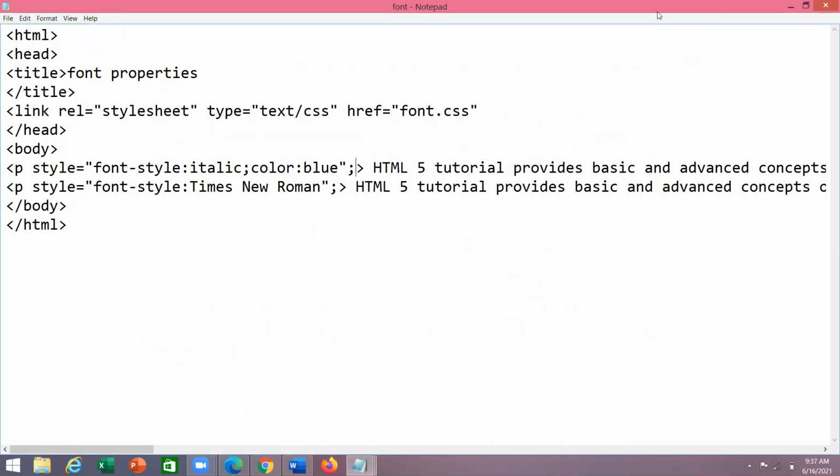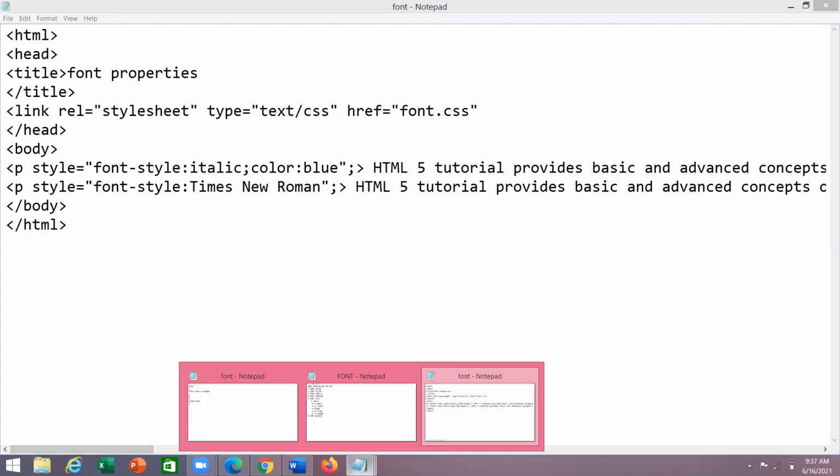Now I'm giving the inline. Inline means we can apply it to a particular tag. So I'm giving it to the first paragraph. That color is blue, so the first paragraph is displayed in the blue color. And in external we already gave the red color.